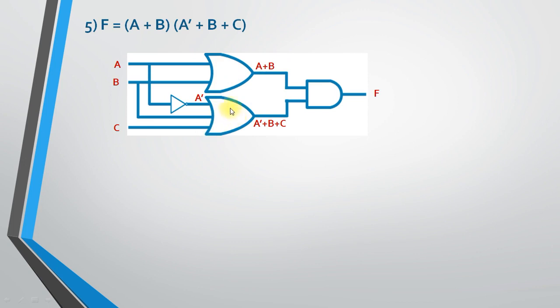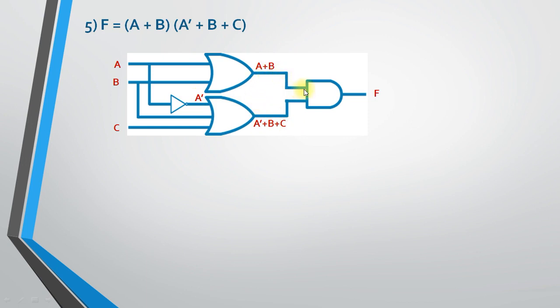Similarly, there is a second OR gate which contains 3 inputs, right? The first input is an inverted input. So I have taken the cable of A, I have placed one NOT gate over here. So I will get the value of A as A dash, the value of B goes directly, the value of C goes directly. So there are 3 input variables I have placed inside the OR gate. So A dash plus B plus C.